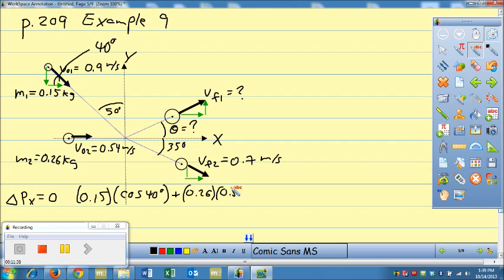Okay, so it's mass times velocity, m1 times v1 in the x direction, plus m2 times v2 in the x direction. That has to equal m1, which is 0.15,